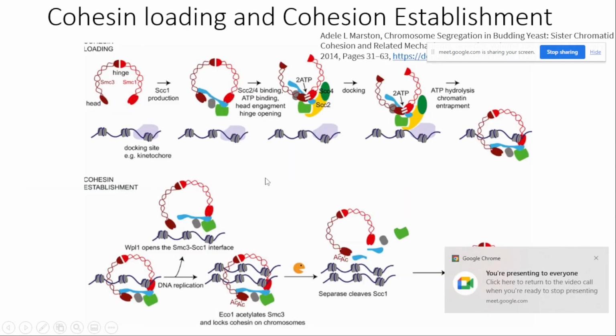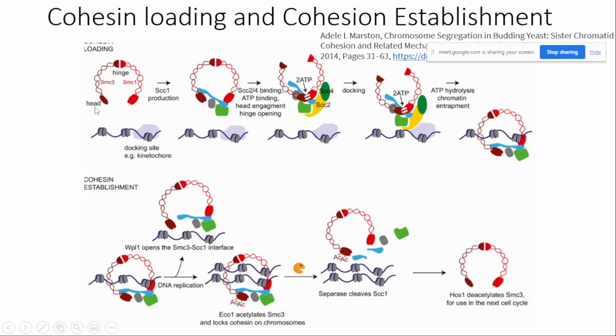Yeah. So that's why cohesin can only be loaded in the late G1, because SCC1 will be produced in the late G1. So here is the structure of the cohesin in early G1. After that, in the late G1, SCC1 production will occur. So SCC1 will come, along with PDS5 and SCC3, and now this is the entire cohesin complex. After this, SCC2 and SCC4 will come and bind here. Also, two molecules of ATP will be bound.